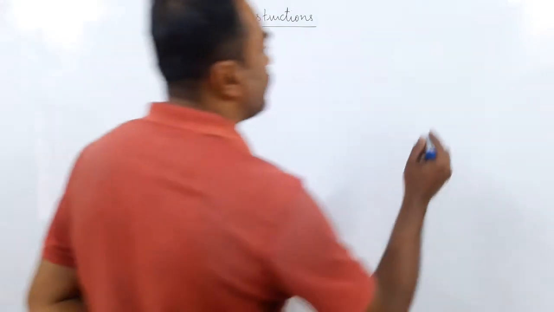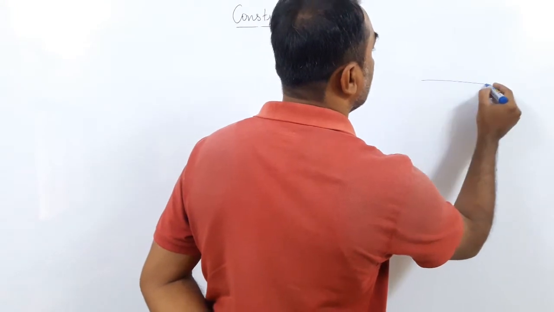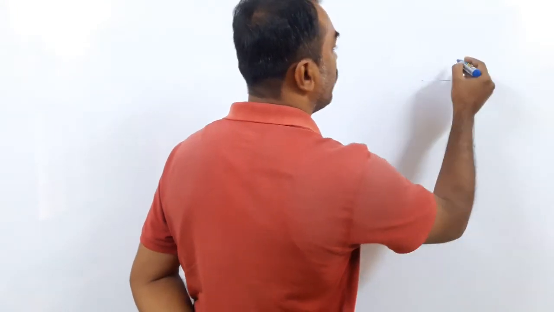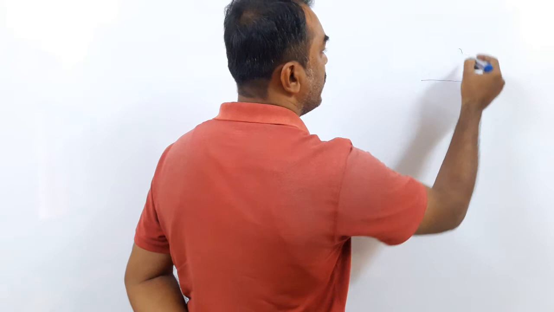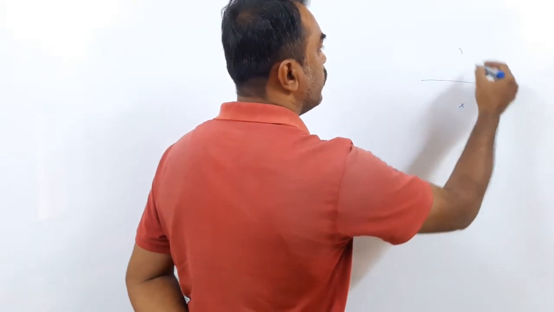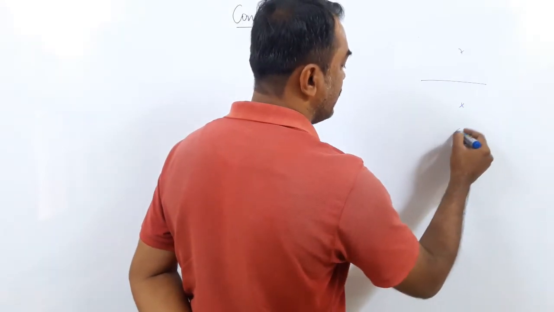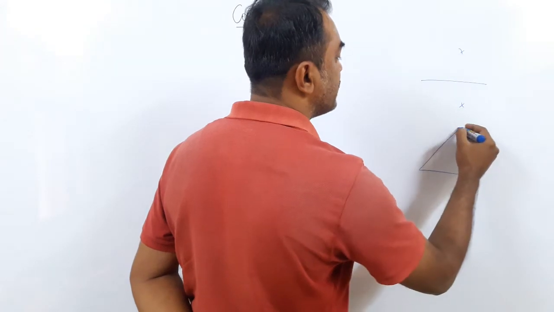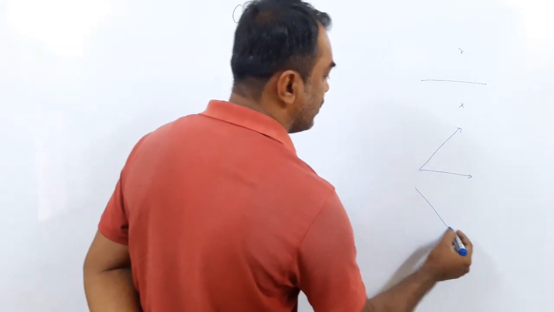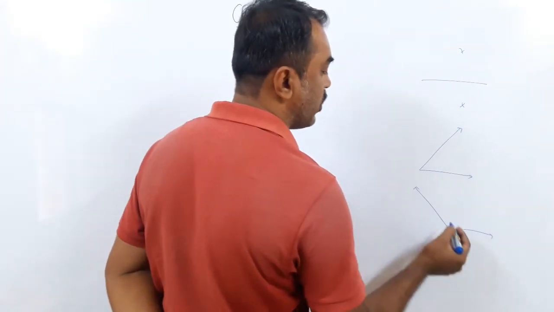Good morning, friends. In yesterday's lecture, we found out how to find the perpendicular bisector of a line segment. If you remember, we drew the arcs from both the centers at the perpendicular bisector, and how to draw the angular bisector of a given angle. The given angle will be obtuse or acute, whatever.